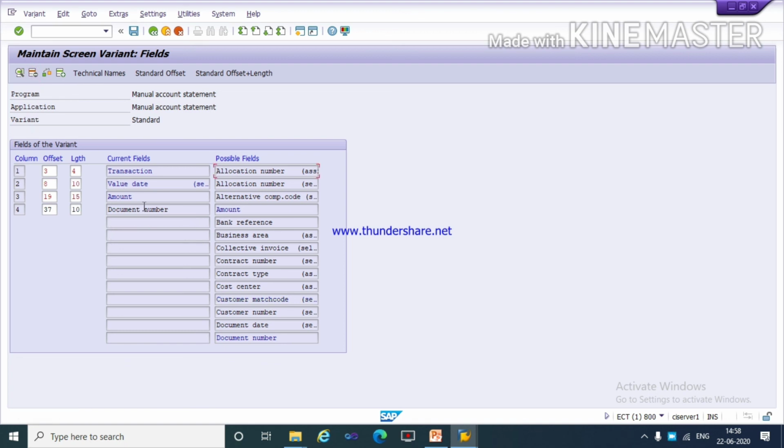Which fields you assign here, you define here, it will show you at the time of bank reconciliation transactions. So you need to select these three: transaction, value date and amount. Then click on save.